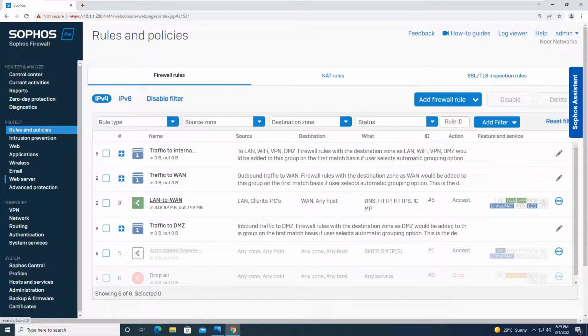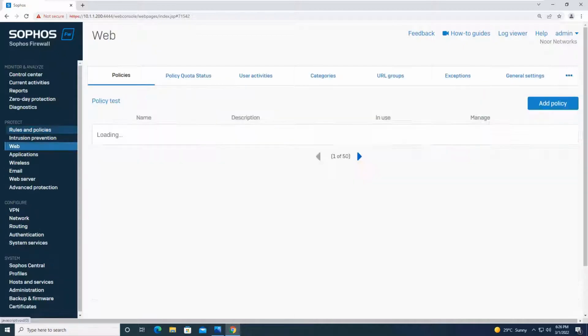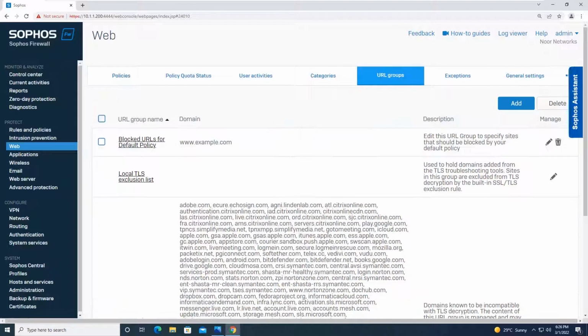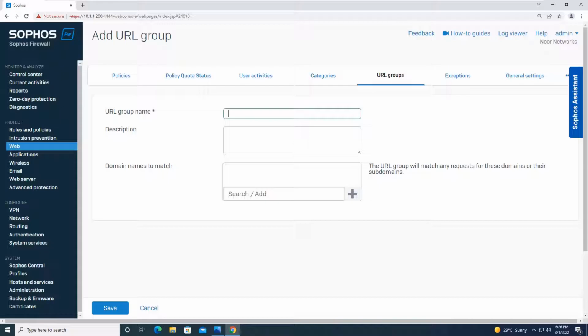But additionally, I would like to say that, for example, if you want to block a certain website using a URL, not a category, say you want to block facebook.com, but at the same time, you want to access Twitter or LinkedIn. So in this case, what you will do, going to web, you will go to URL group, you will create one URL, you will say URL group name